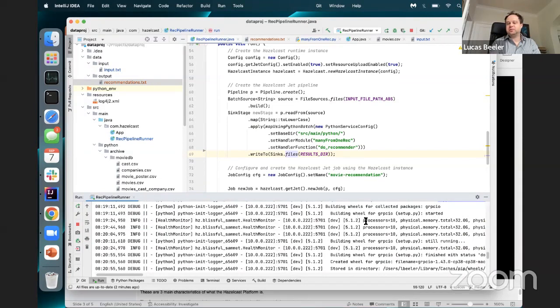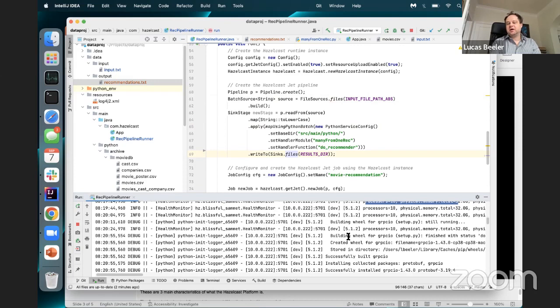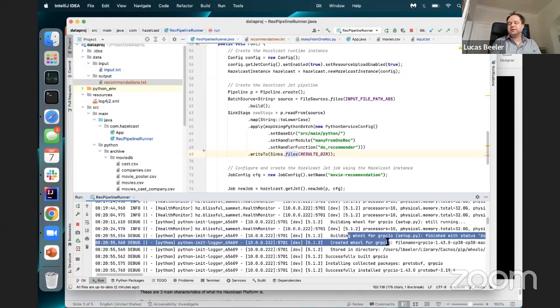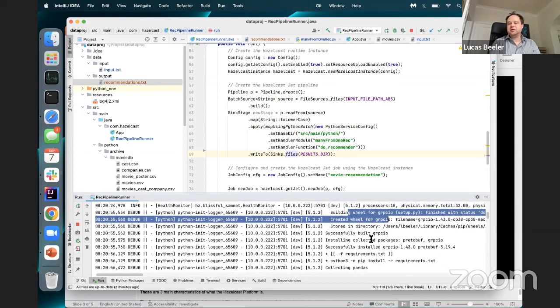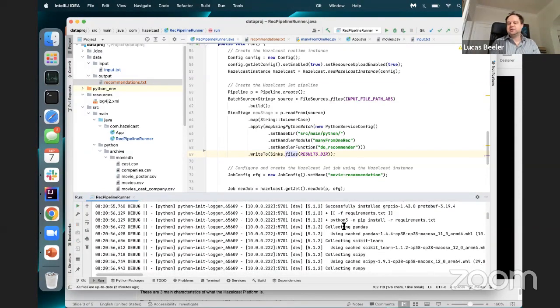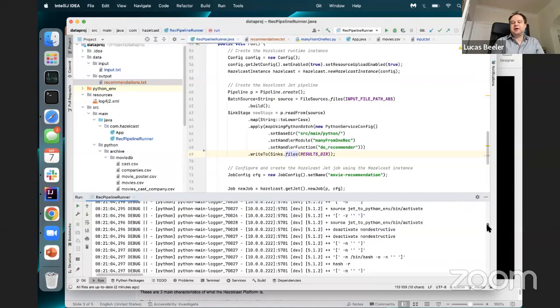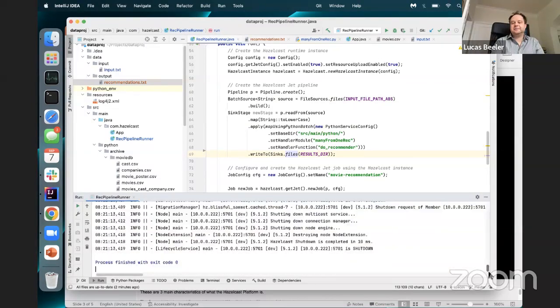We realized that we've got 10 processors and 32 gigs of physical memory. If you're familiar with the way that Python builds packages, we build wheels for the Python dependencies, and then we install the collected packages. And so we're installing pandas, scikit-learn, scipy, all the stuff that data scientists use. I mean, these are the core data science libraries in the Python ecosystem. And ultimately, our pipeline will run, and